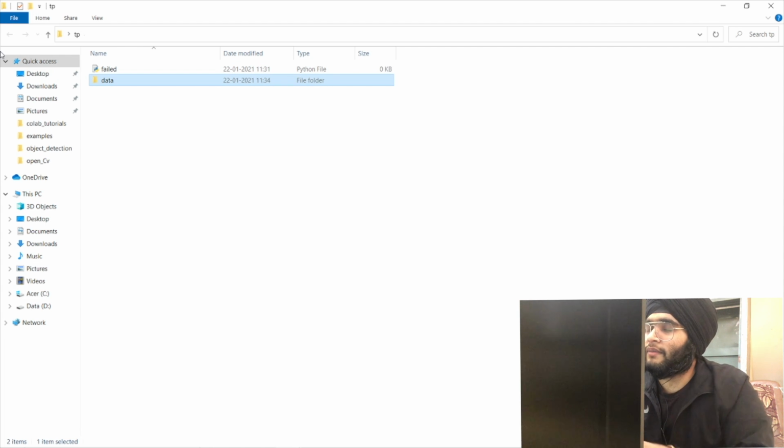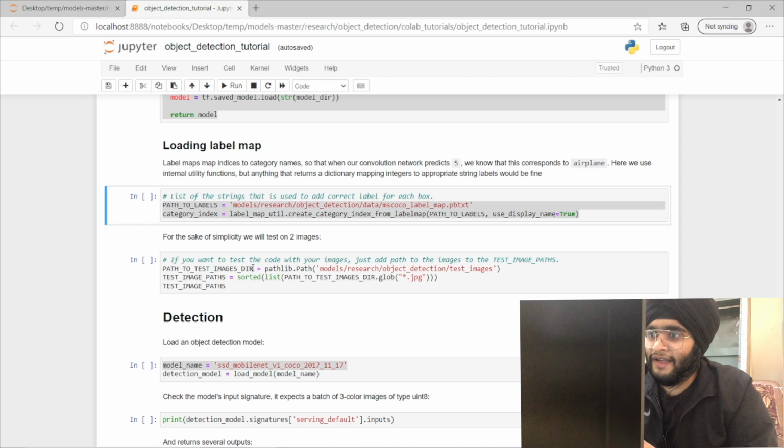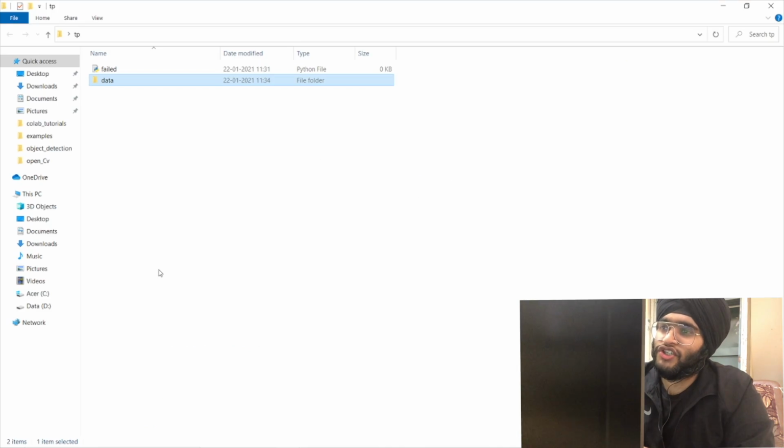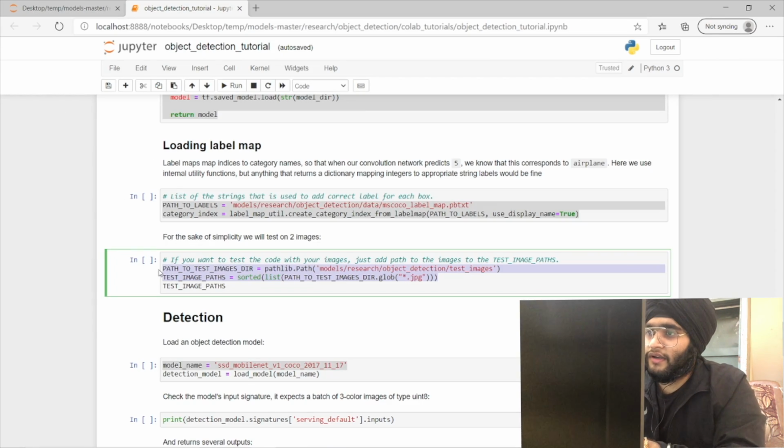So we just paste this folder here. There is another thing that I need. For now, I need a test image, right? I can use an image. I mean, I can use another image, but